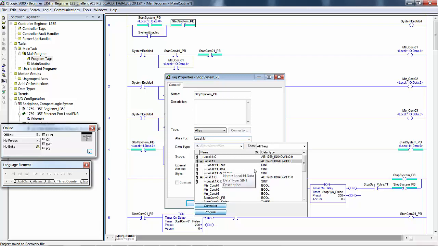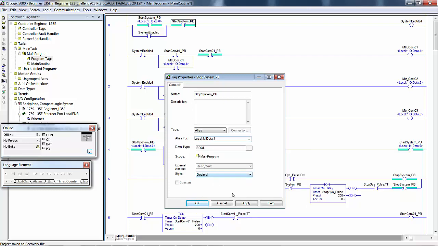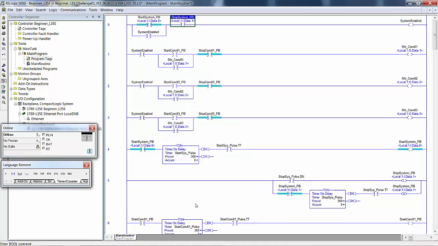Local 1I data, and I'm assuming it's 1. Yep. Stop system push button, data 1. Apply. And then we go to